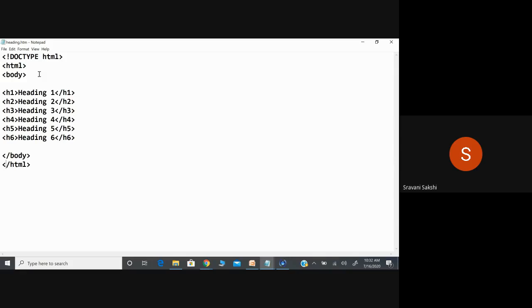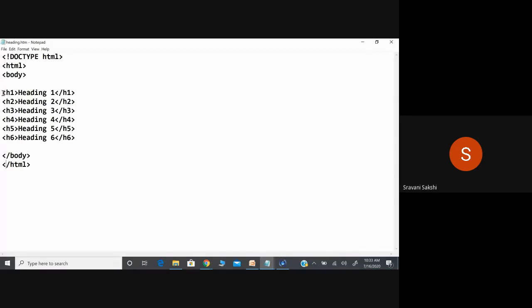If you want to give your head section, you can give it, or else it is your option. There is no compulsion to write the head section in your HTML document. So here I have skipped the head section. Okay, next coming to the body. Whatever we write in the body will be displayed on our web page or on your browser.